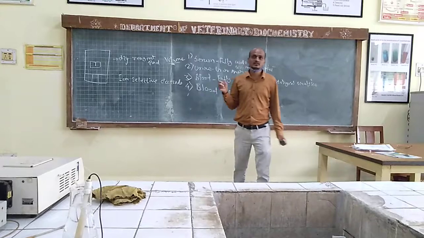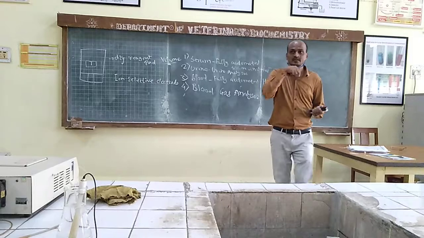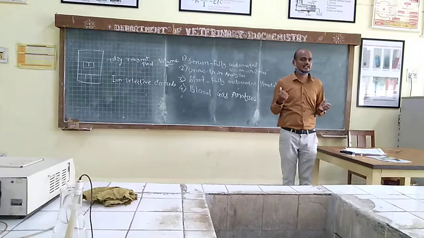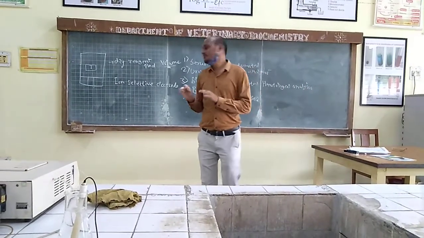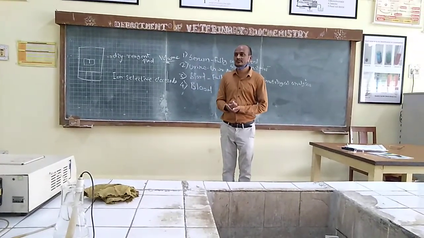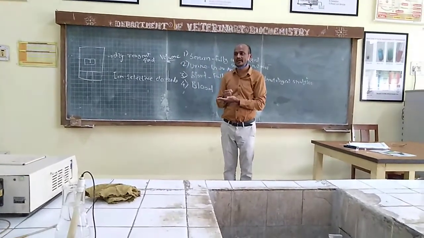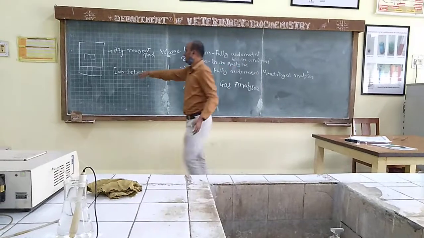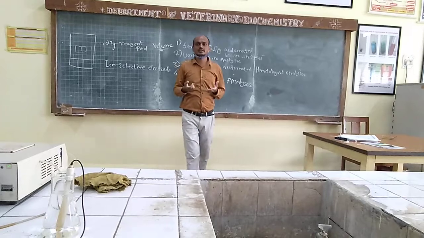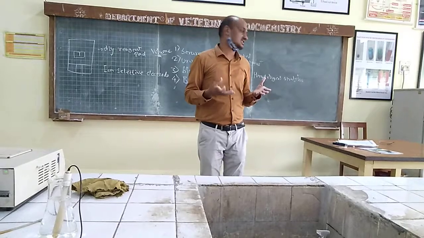Dry reagent pad means what? Normally in biochemistry, we take a test tube, take reagents, add our sample, and test how the reagents are working. That is our normal modus operandi. But in this equipment, based on electronic principles and cartridge technology, there is a dry reagent pad. The reagents are coated on the pad, and whenever we feed the sample, it reacts with the pad, and based on this reaction it can give the partial oxygen pressure, partial carbon dioxide pressure, pH, and different parameters, right?